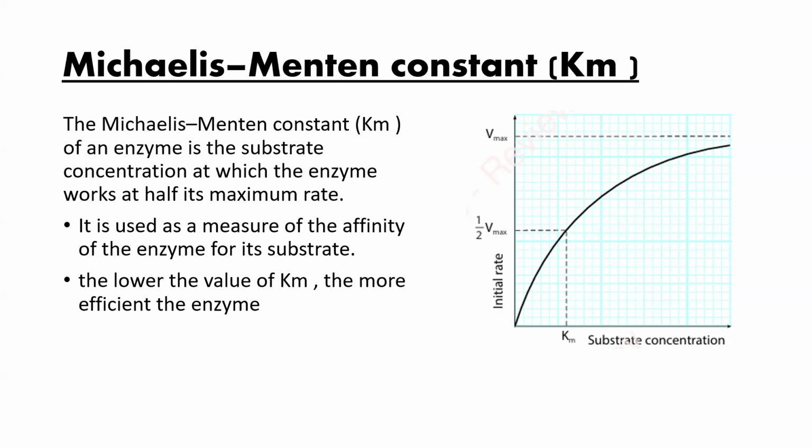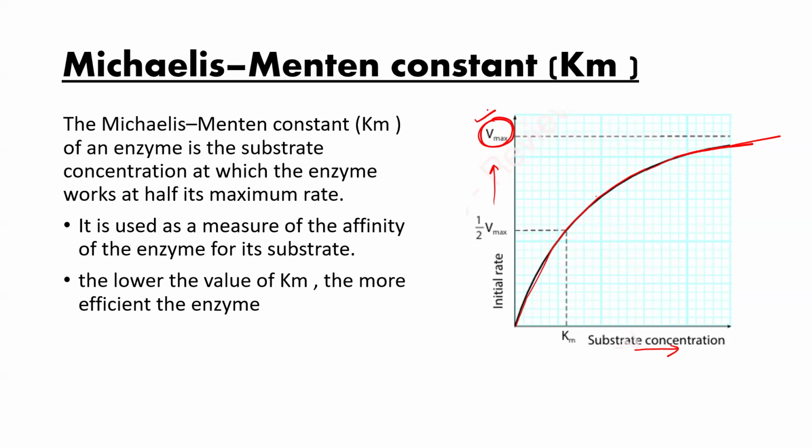In this video, we are going to study the Michaelis-Menten constant, and we will also study the effect of inhibitors on this constant. See carefully, beta, whenever the substrate concentration is increasing, we find the rate of the reaction is also increasing. You can see in this graph, it is increasing. And finally, one level will come where, if you increase the substrate concentration further, it will not increase because it has reached the maximum velocity, and we say that is Vmax.